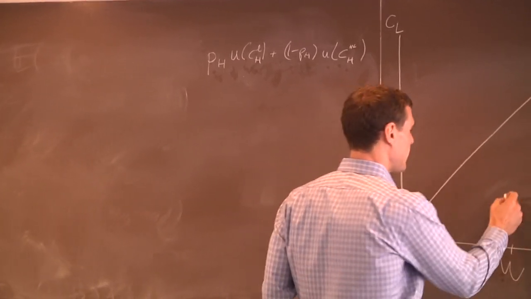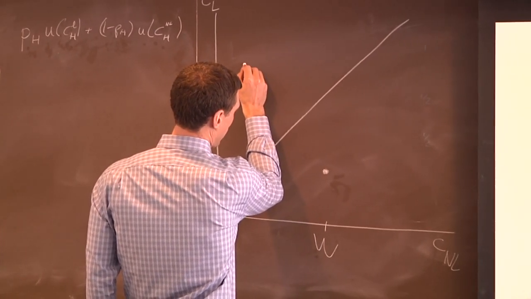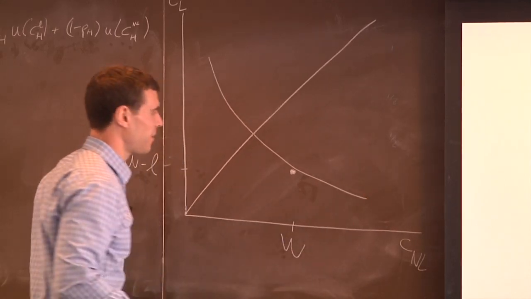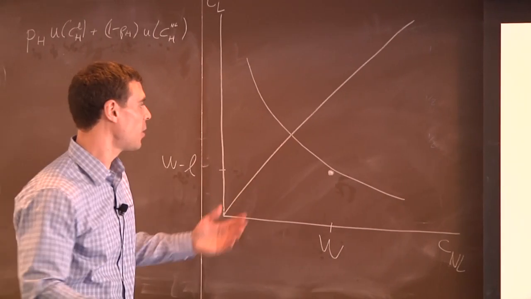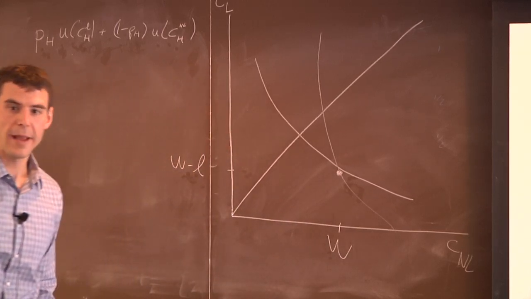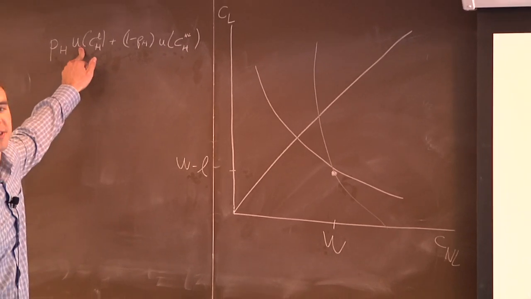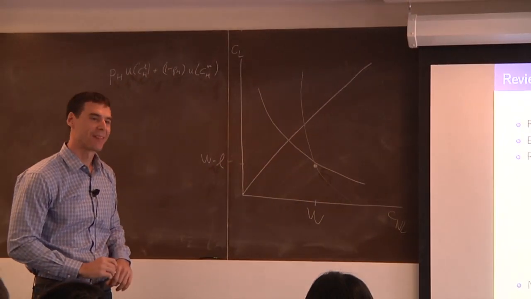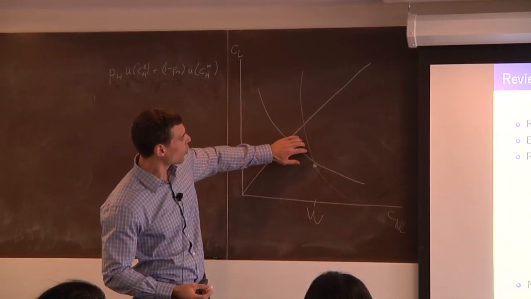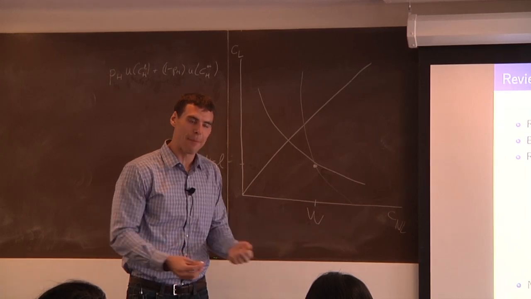Okay? And so what he says is, okay, let's first think of the high risk guy. The high risk guy we'll draw here. You can think of his indifference curves being sloped like so, and the good risk guy would have indifference curves sloped like this. Yeah? They're not talking about their parameter of risk aversion, right? Let's assume they have the same utility function, so they have the same parameter of risk aversion. Yeah. And so the insight here is that low risks are not only less willing to pay a high premium for insurance, but they also are happy to take a higher deductible.